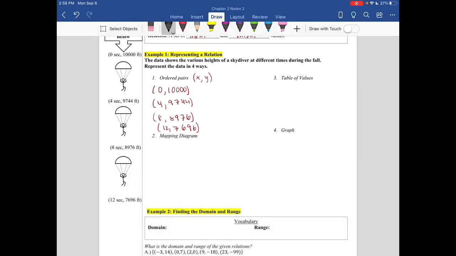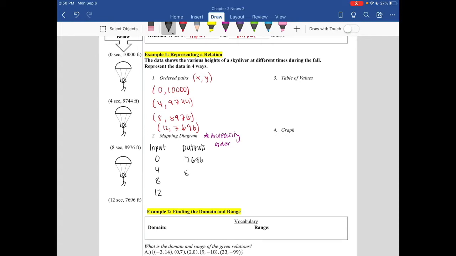The second way is with a mapping diagram. Here you're going to have a line of your inputs as well as a line of the outputs. And you're going to make sure that the inputs and outputs go in increasing order. That's important to remember. So for the input, we're going to start with 0, 4, 8, and 12. Then for the output, we have